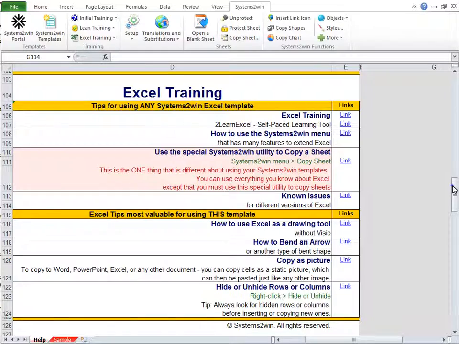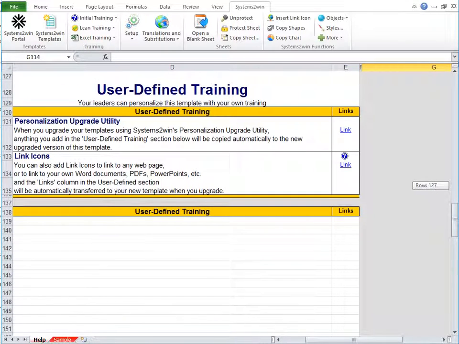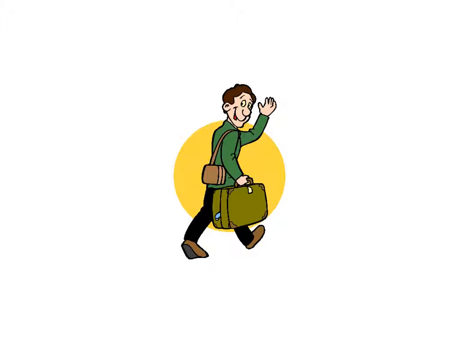And now let's scroll down to the final section of each help page, where your leaders can optionally define your own user-defined training. Perhaps you paid a consulting firm a large amount of money to create some personalized training. What's the moment that you want your users to remember the training that they received 2 years ago? It's the moment they go to open the template to go do what they were trained on, right?